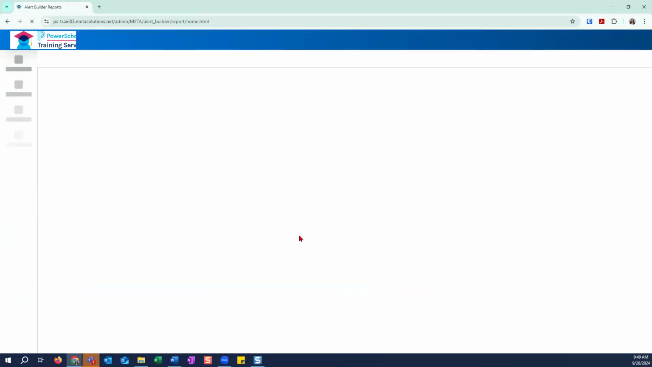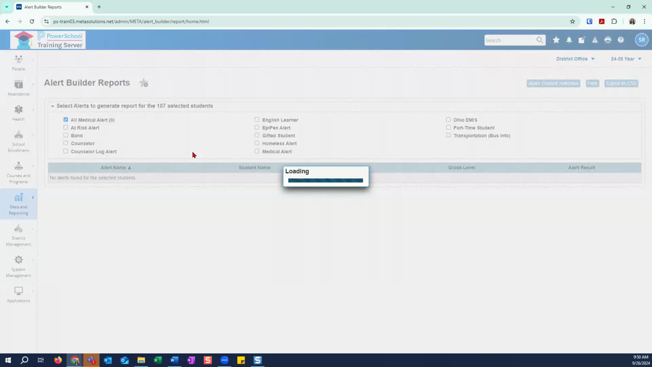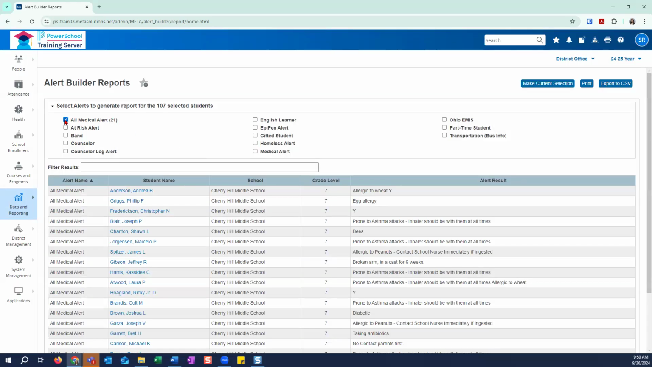So again, if you already have a group of students on your start page and you navigate to Alert Builder reports, it is going to run through the students that you have on your start page. So you either want to make your selection of students on your start page, or if you don't have any students yet and you go to reports, it's going to prompt you to select your students. With Alert Builder reports, we can see we selected 107 students, and maybe we want to see who has the all medical alert. You simply click the check mark box and it runs through those students